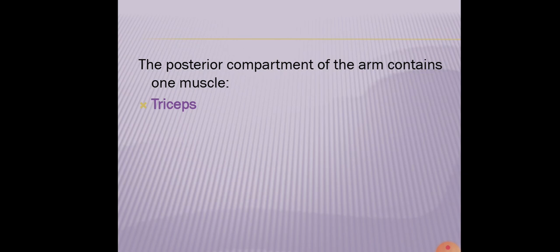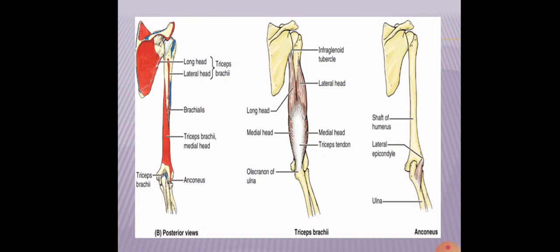Okay. In the posterior compartment of the arm, there is a muscle which has three heads, known as triceps brachii. This triceps brachii has a long head, lateral head, and medial head. The long head originates from the infraglenoid tubercle. The lateral and medial heads originate from the posterior surface of the humerus above and below the spiral groove respectively. And the three heads fuse together and insert into the olecranon process of the